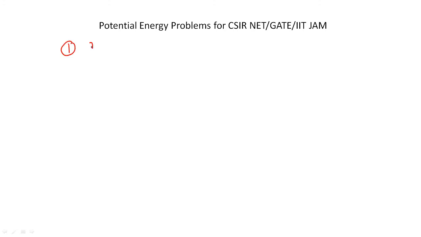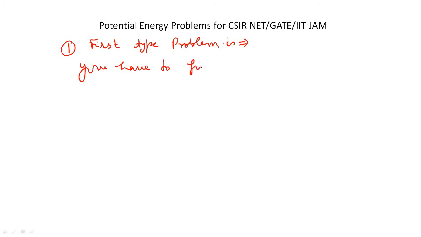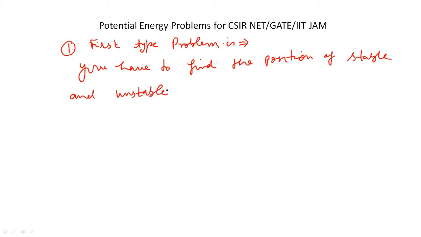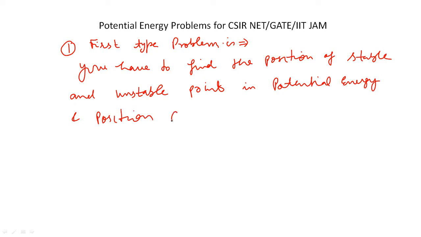The first type of problem is that you have to find the position of stable and unstable points in a potential energy and position curve. You know that for equilibrium of a system,